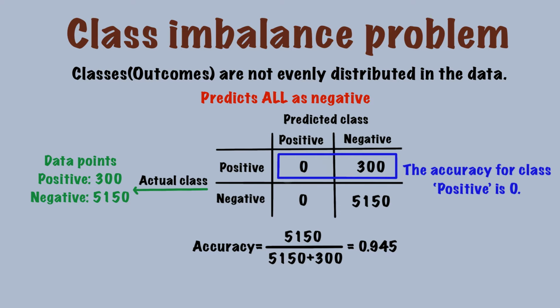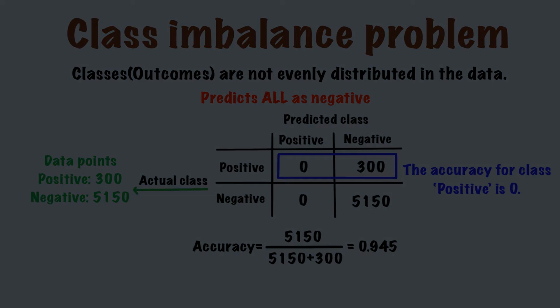However, what we actually care about is the positive class, which contains people with disease. The accuracy doesn't reflect the poor performance in class positive, because it only measures the overall performance. Therefore, we need other measures to solve this problem, and that's why we introduce sensitivity and specificity today.